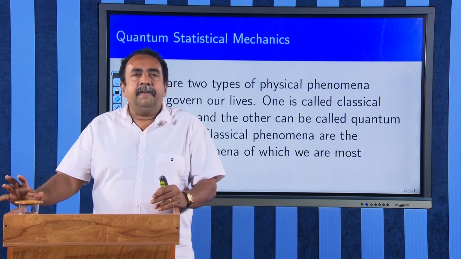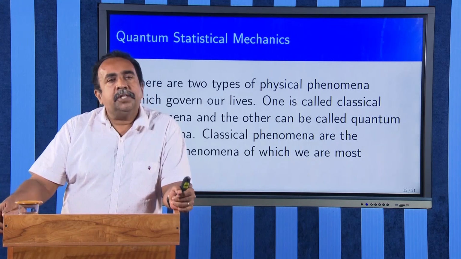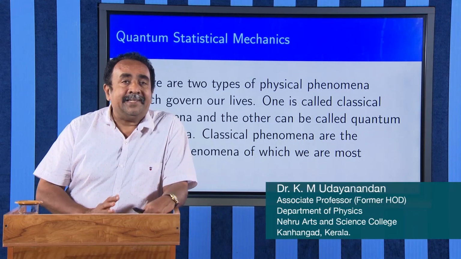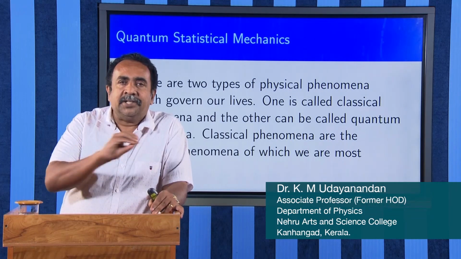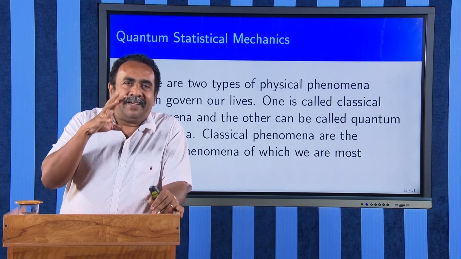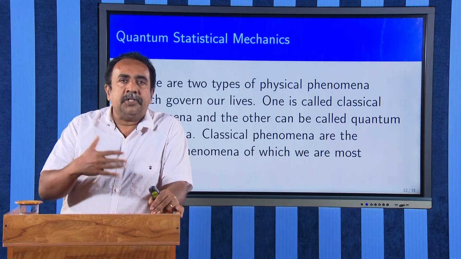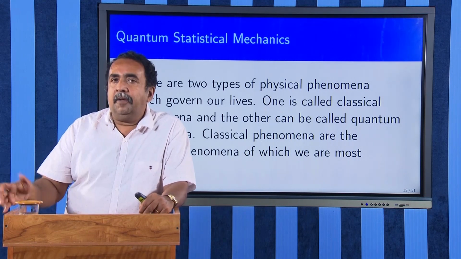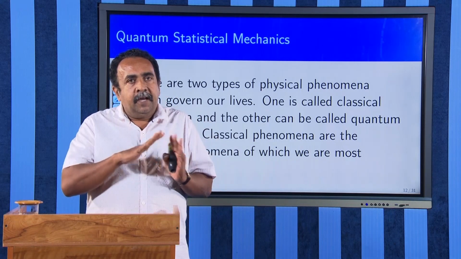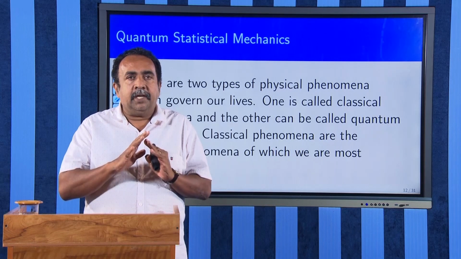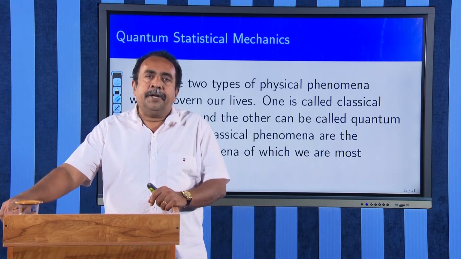Now, in this section, what I am going to teach you is how the system can be made a quantum system. What we have is only classical statistics. The basic principles of statistical mechanics give you only the ideas about classical statistical mechanics. Based upon those classical principles, we have to develop quantum statistical mechanics. You can independently develop quantum statistical mechanics, but that is not to be done in this section. What we are doing is taking our old traditional classical statistical mechanics rules and modifying those things suitable for a quantum system.